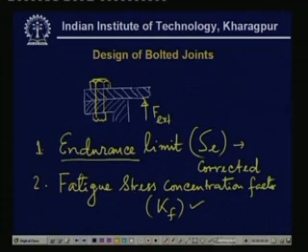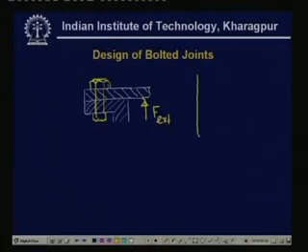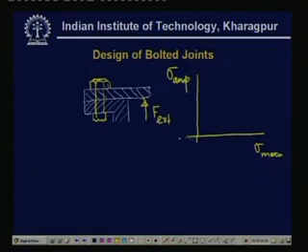First of all, we will have to see which criteria we should use. Here we plot on this axis sigma m, which is the mean stress, and on this axis sigma amplitude, the stress amplitude. Now, if the external load is given, then we know the load acting on